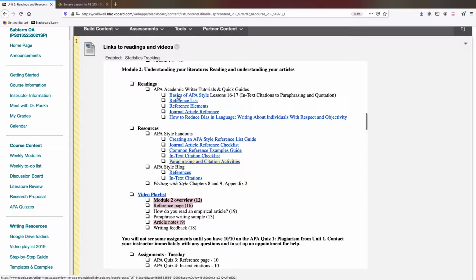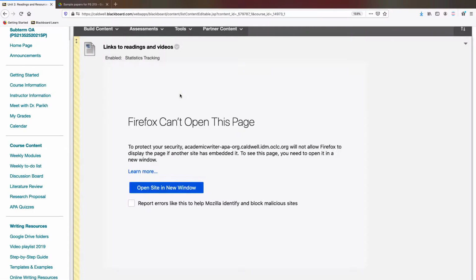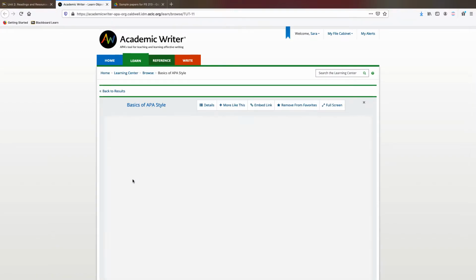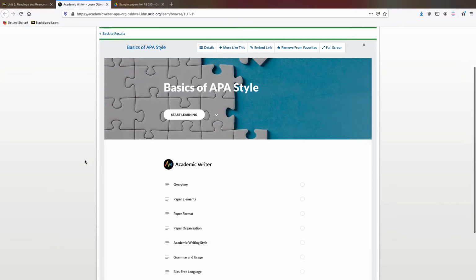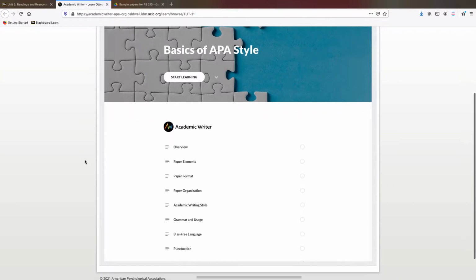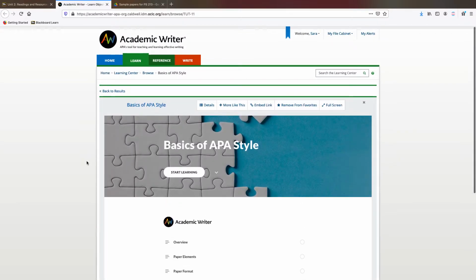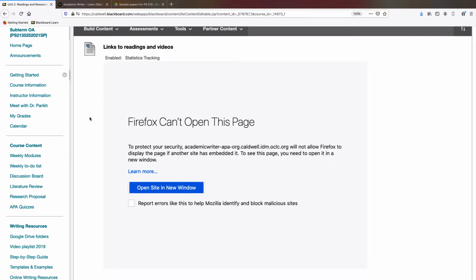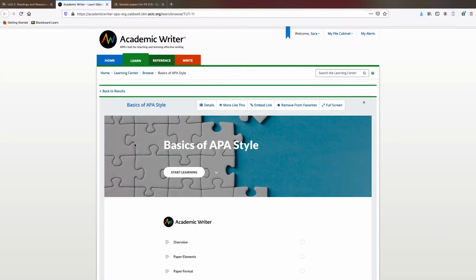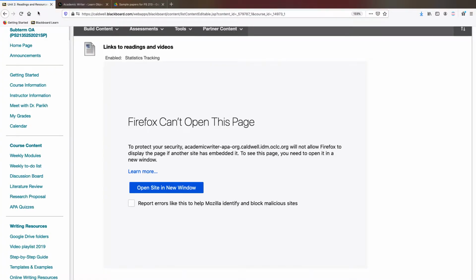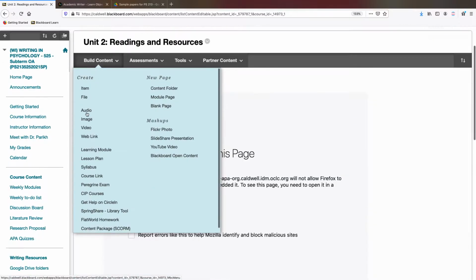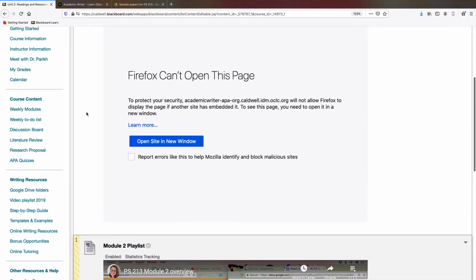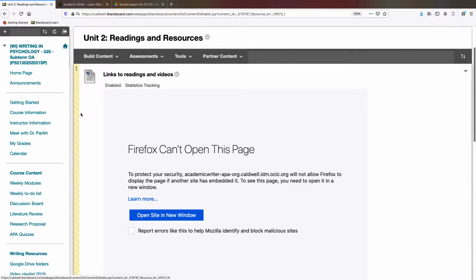So there's links to Academic Writer. Remember, Academic Writer doesn't like being used in here, but you can just open it in a new window and you can go through each tutorial. The goal of these is to be more interesting than reading a bunch of short websites, and it's already paid through your fees because the library has a university subscription to it. So you can access it for free, so I don't have to require you to buy a book. Or I shouldn't say for free, you can access it included.